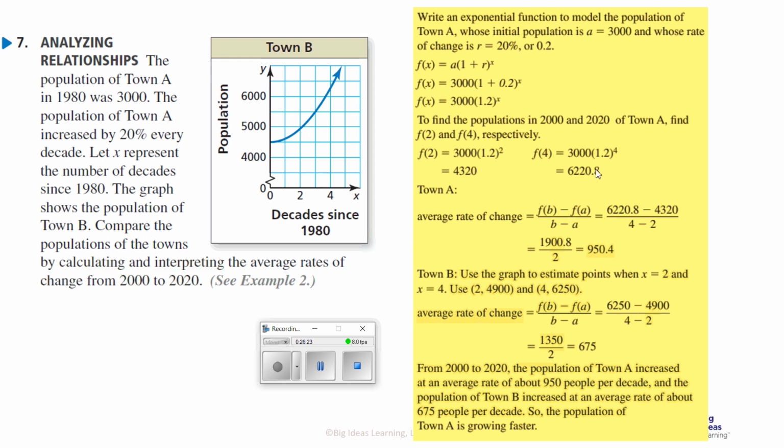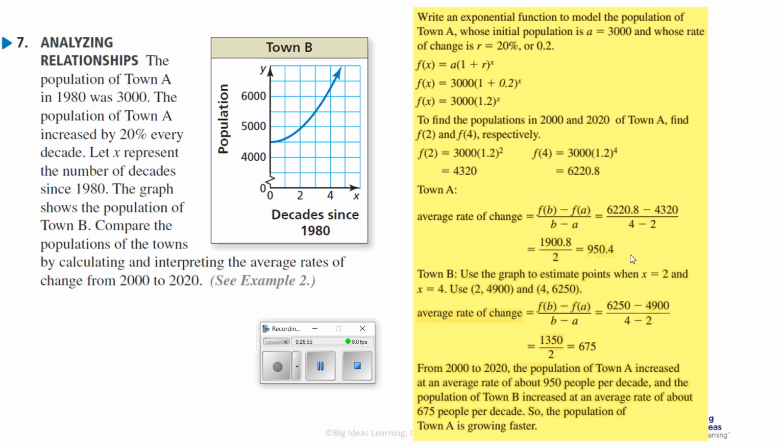Well, this is counting like the Y. This would be counting as the X. So we're going to be taking 6,220.8 and minusing the 4,320 and putting that over 4 minus 2. That's going to give us 1,908 divided by 2, which is 950.4. All right, so